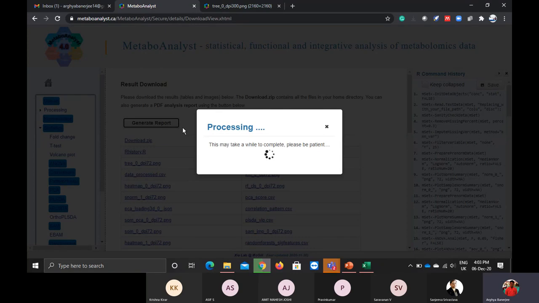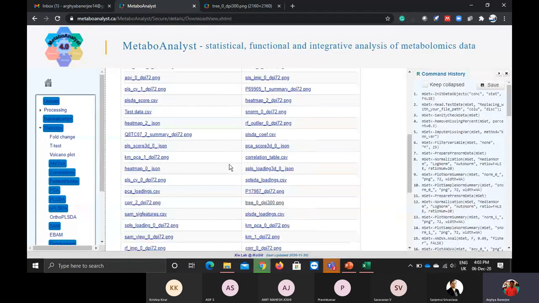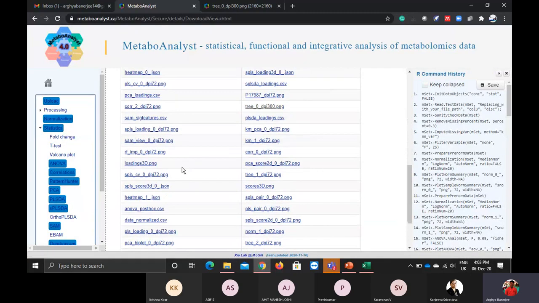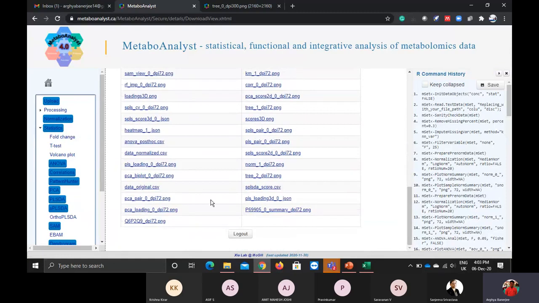It will take a bit of time, so it will be generating a report. So it is taking time. You can download, I think here it will be report. You can go and search here, and the different kinds of things you can download.